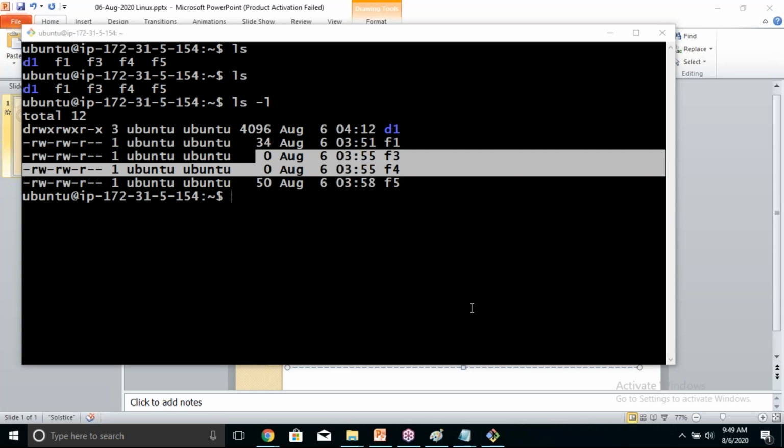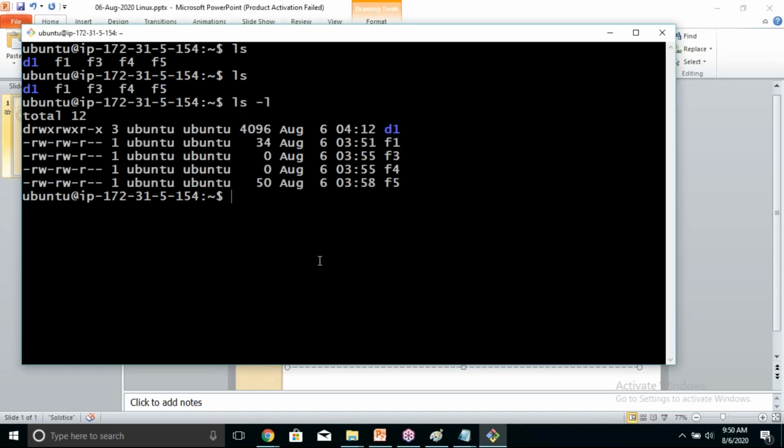Clear, Dheeraj? You are in a position to know not only the list of all the files, you are in a position to know more information like date and time, size of the file. You're able to track it by using ls -l. Clear? Not only that,